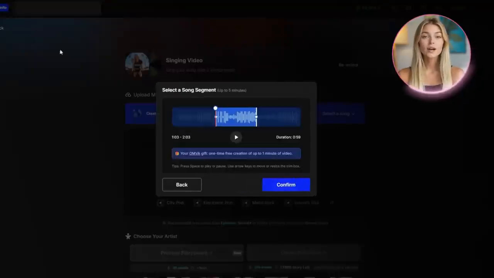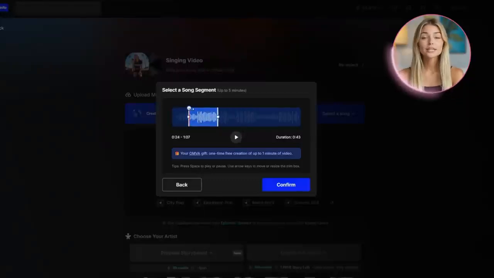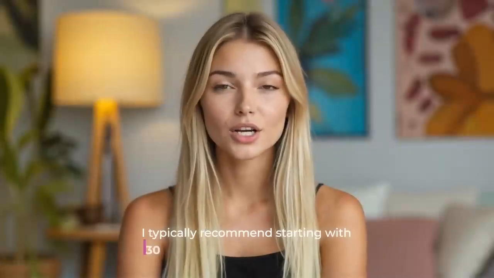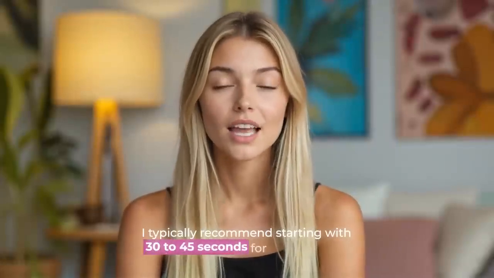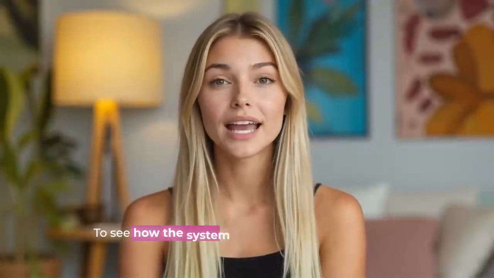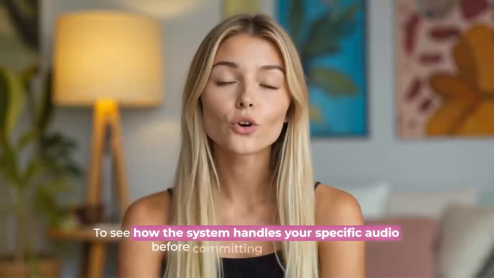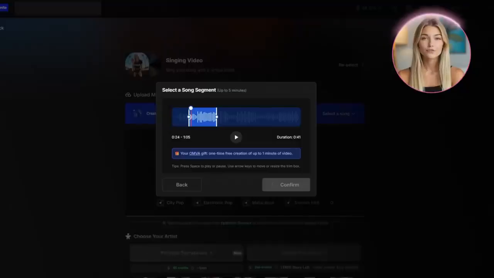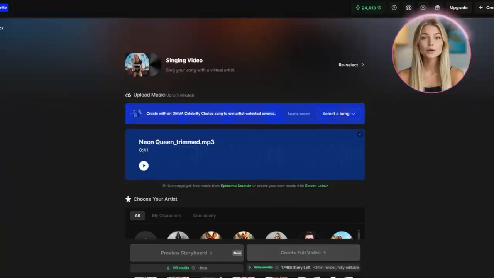Once you upload your track, you can select how much of the song you want to use. If you want to save credits, you can trim it to just the chorus or your favorite section. I typically recommend starting with 30 to 45 seconds for your first test to see how the system handles your specific audio before committing to a full song. The platform analyzes your audio's tempo, mood, and energy levels to create scenes that actually match what's happening in your